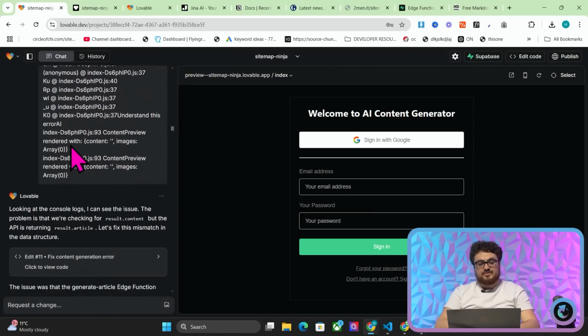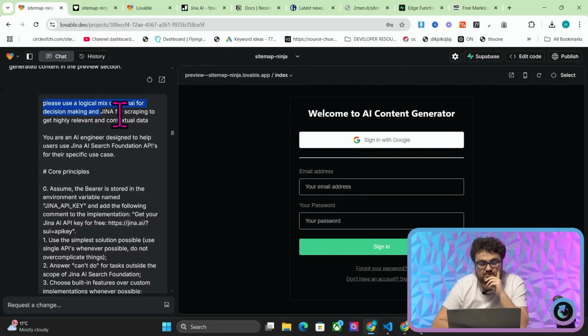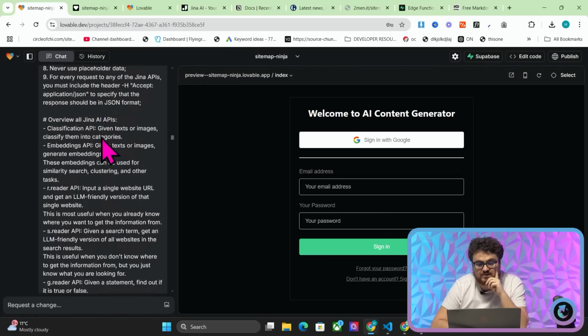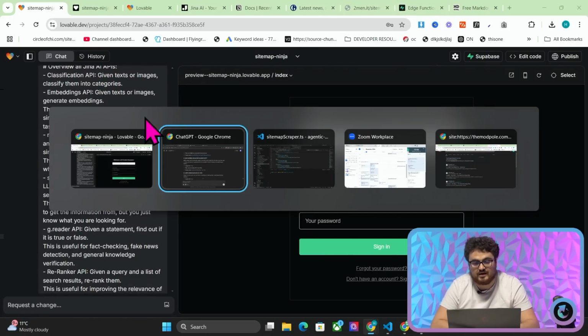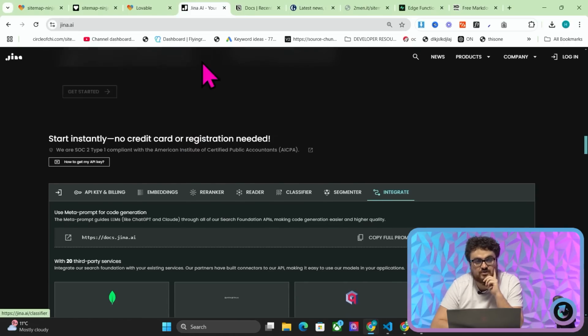And then I actually gave it the Jina documentation here. And I just said, this is very interesting, okay? This is what I really believe separates Lovable from Bolt. I said, please use a logical mix of OpenAI for decision-making and Jina for scraping to get highly relevant and contextual data. And then I sent it the Jina AI documentation, which just for context, if you go on Jina.ai,